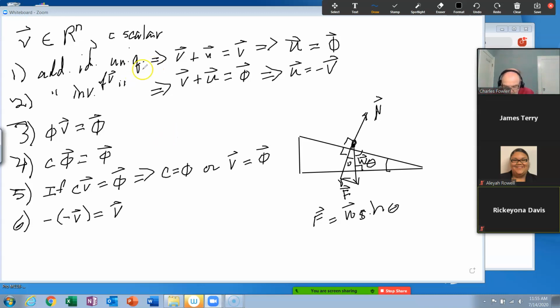I'll explain this in a little more detail later. I'm using this because it's the only thing I'm going to write. Okay, here is some vector x. Now, of course, it has to be in the same dimension, the same space as your other vectors. They all have to be the same.